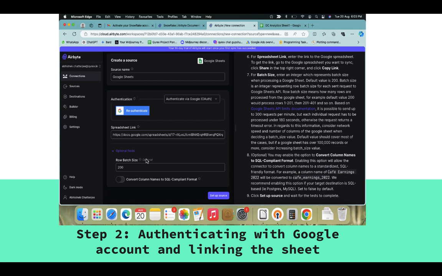We can also update the row batch size according to our need. The recommended batch size is written here. Normally 200 rows is quite good, so I have not changed it. And I have also not changed the column names to SQL compliant format,